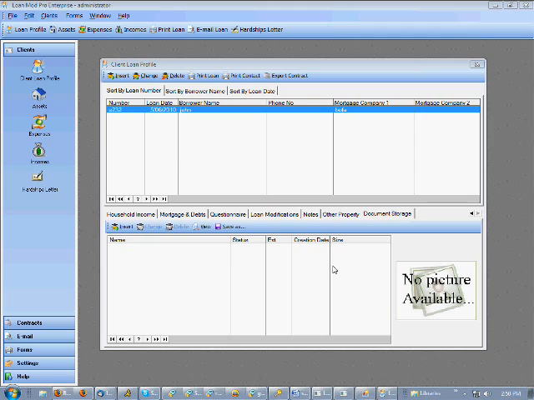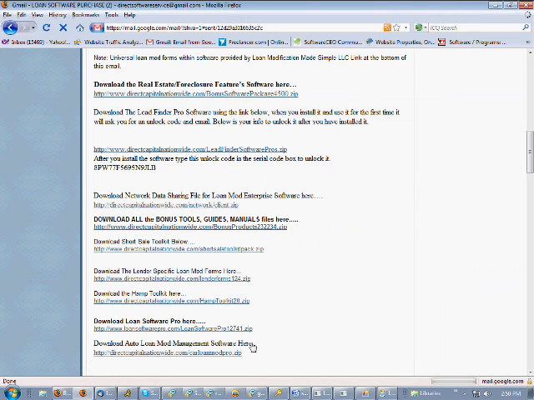You can also load contracts and any other documents as well. In this example, I will show you how to load different documents into Document Storage and save them for your client. If you go back to the specific email that we sent you when you purchased the product,